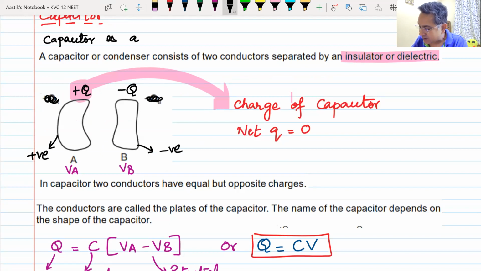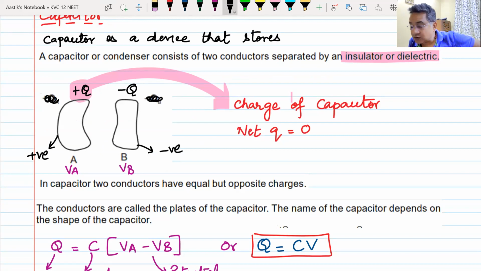Capacitor is a device that stores energy. So the most important thing that you must understand about the capacitor, obviously it consists of two